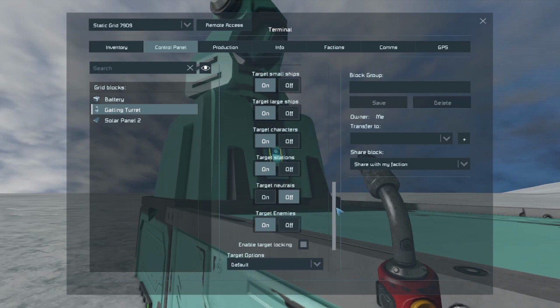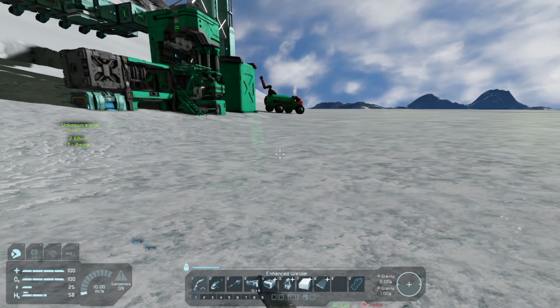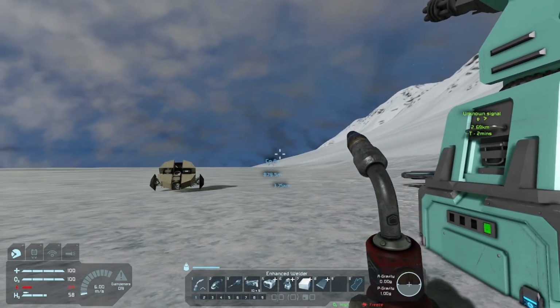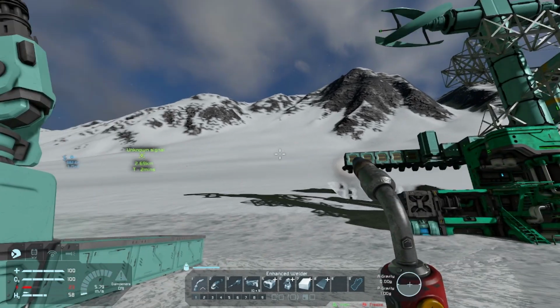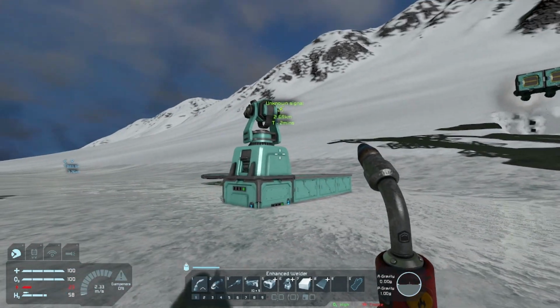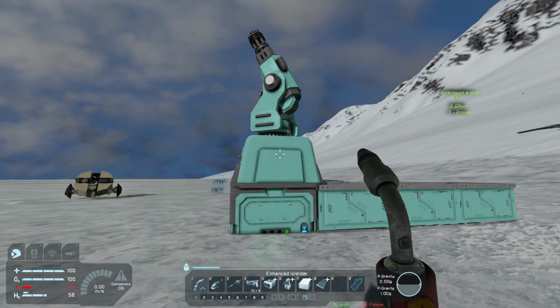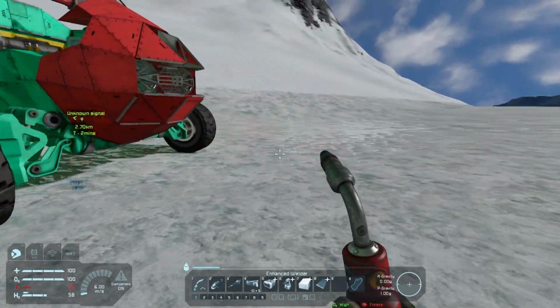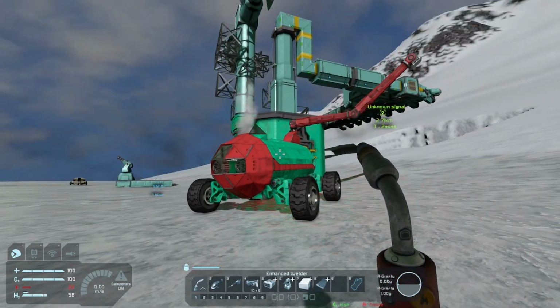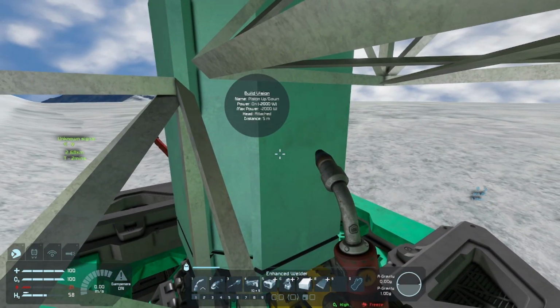And all of that should be fine. There we go. So now, if anything happens to wander our way, we should be able to at least take it down before it does too much to us. What I may do is build a second one off this side just to add to the firepower. But first we need